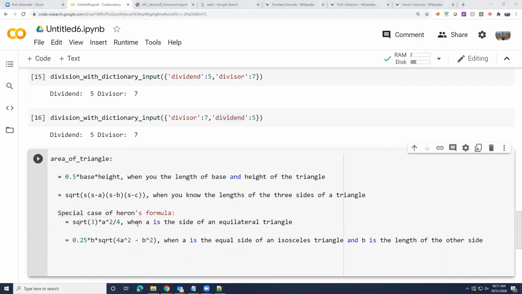So we found 4 different ways of calculating the area of a triangle. Now, how can you make your function generic enough that it accepts anything? Right now we want to write a function which you can either give the base and height or the lengths of the 3 sides and it returns the area. So how do you write a function like that?